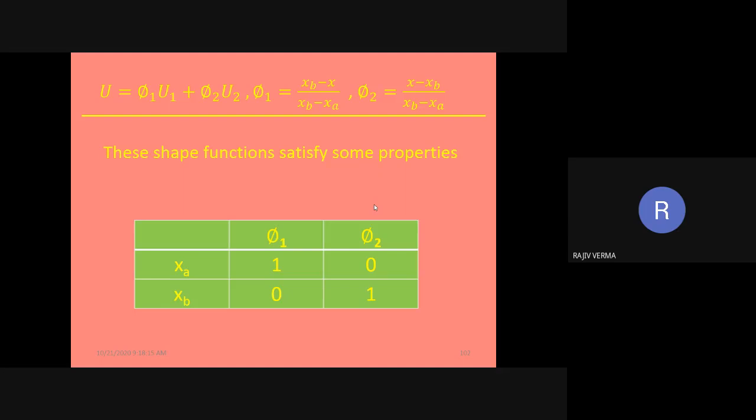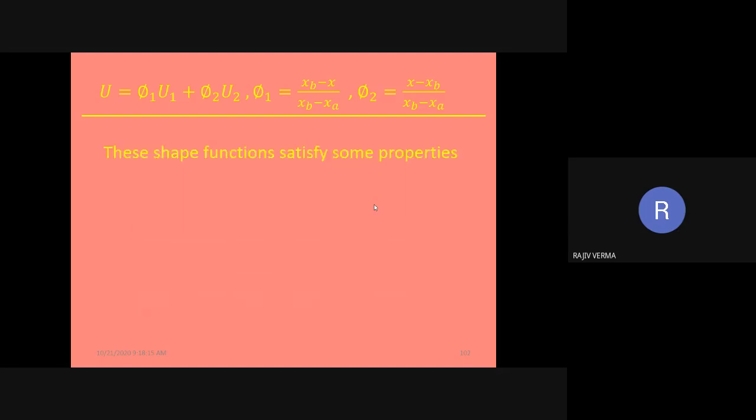Similarly, phi 2 is going to have a value 1 at node number 2, and it is going to have a value 0 at node 1 and node 3. Similarly, coming to phi 3 now, phi 3 is going to have a value 1 at node number 3, and a 0 value at node number 1 and node number 2. So this is illustrated in a tabular form for a linear element on the display, and this particular table is also known as the truth table.